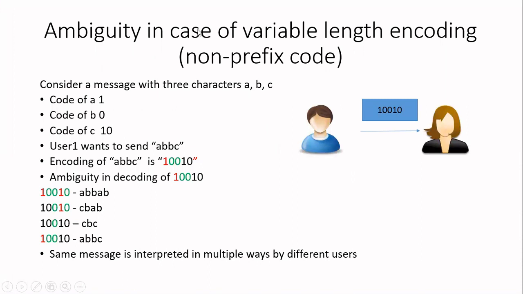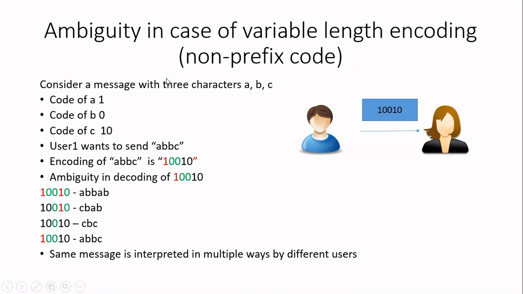Now let us see how we have to proceed with variable length encoding. Is there any ambiguity when we go for variable length encoding? All of us know that in ASCII, if I tell you A, all of you will know that A stands for 65, and we have 8 bits. So we take 8 bits and change them to a particular character. But in variable length encoding, the number of bits for every character is changing. So how many bits are you going to extract from a message to understand a particular character? That is not fixed because it is changing. Because of that, we will get a problem. Let us see what ambiguity we will get when we go for variable length encoding.